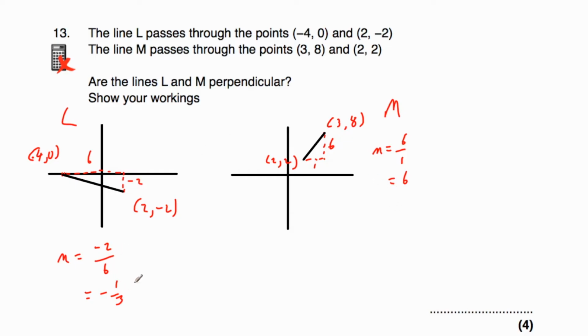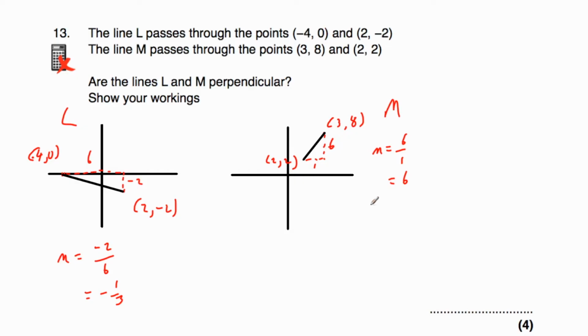So that's one way we know that they're not perpendicular. Alternatively, we could look at the line L. We could find the negative reciprocal of -1/3. Well, this is negative, so when we find the negative reciprocal, that'd be positive, and the reciprocal of 1/3 is 3. So the line that would be perpendicular to L would have a gradient of 3, and M doesn't have